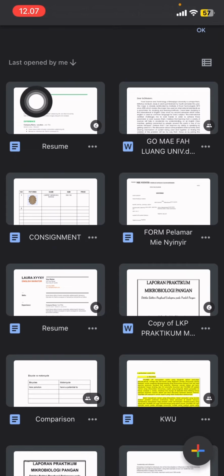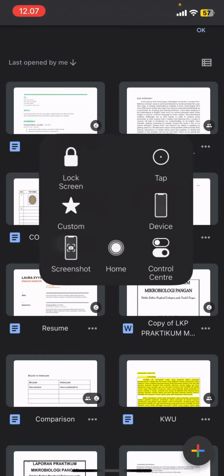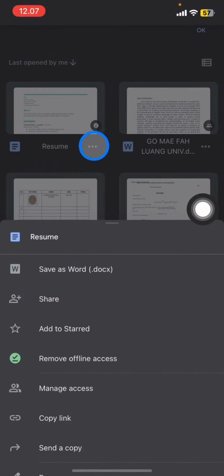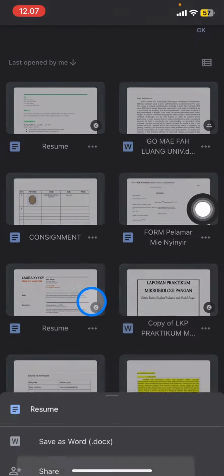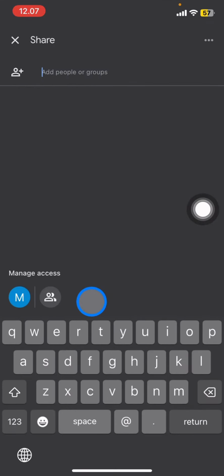Let's say here I would like to send this document to my friends and let my friends edit it. So the thing that you have to do is just click these three small dots of the document that you choose and click this share button. The next thing you need to do is you can just type the email, or you can just do this